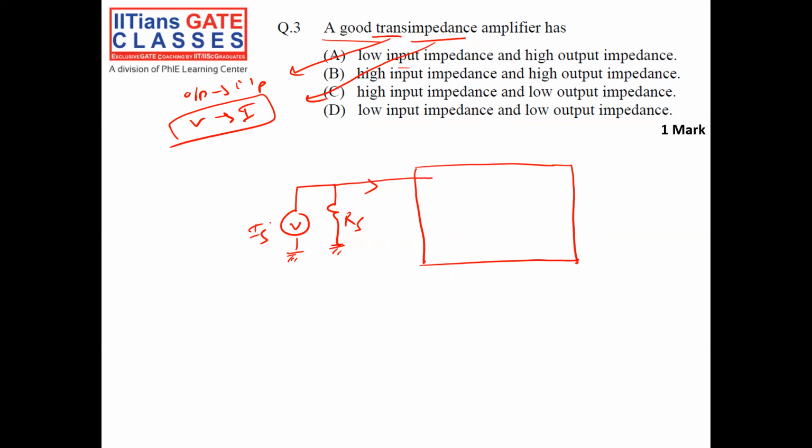It should take as much current as possible from the source. So the Rin is here, and it gives an output voltage which is an impedance, you can say R, into the current Iin. This is my Iin, and it delivers